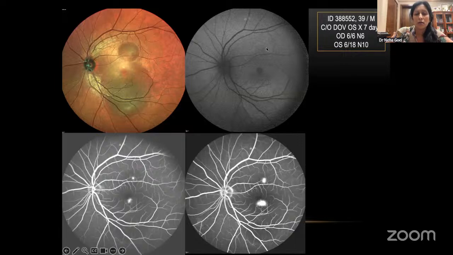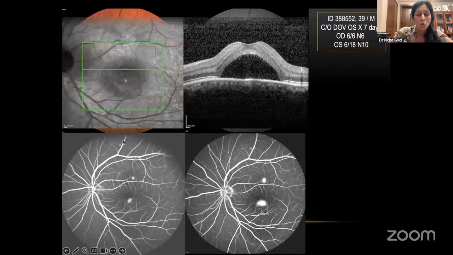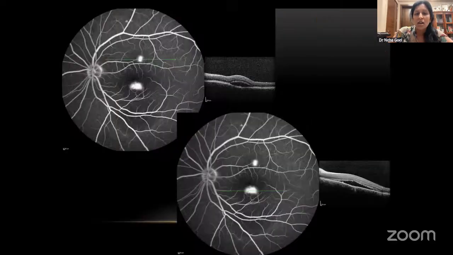On the autofluorescence, you see mild hyperautofluorescence, and we usually end up doing angiography for the cases which do persist. And here you can see the classic ink blot leak pattern. So here you see there are two bullae and both have their own point of leakage. And I've